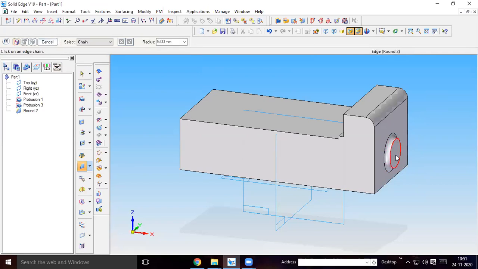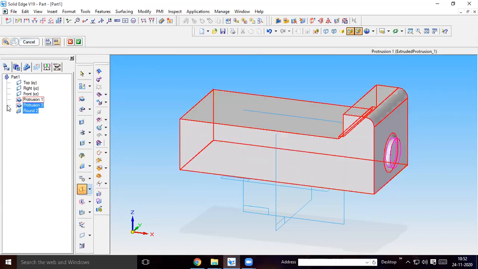This same similar part you have to do on the other side of the surface also. For that you can do it by selecting this surface as you did for this surface, or else you can do solid mirror. Okay, so we'll see how it works. Mirror copy feature. Here we have the mirror option, mirror copy feature. Select this protrusion and this round. Select both. You can select here as well as here.